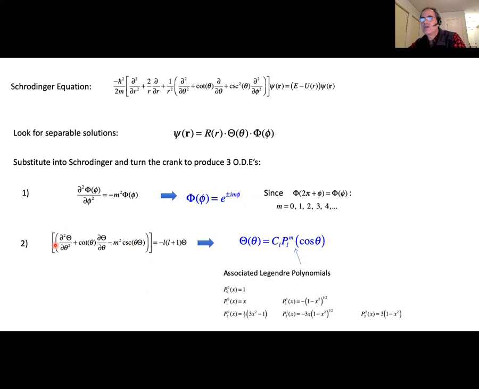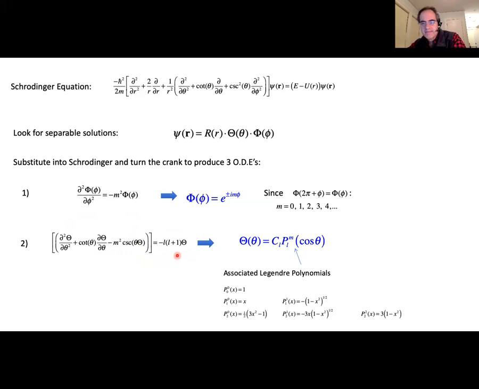The second equation looks more complicated here. It's this one, the second derivative of the theta function with respect to theta plus cotangent theta times the first derivative of the theta function with respect to theta, minus m squared times cosecant squared theta times the theta function. All of this is equal to minus L times L plus 1 times theta. Okay? This looks kind of complicated to us, but